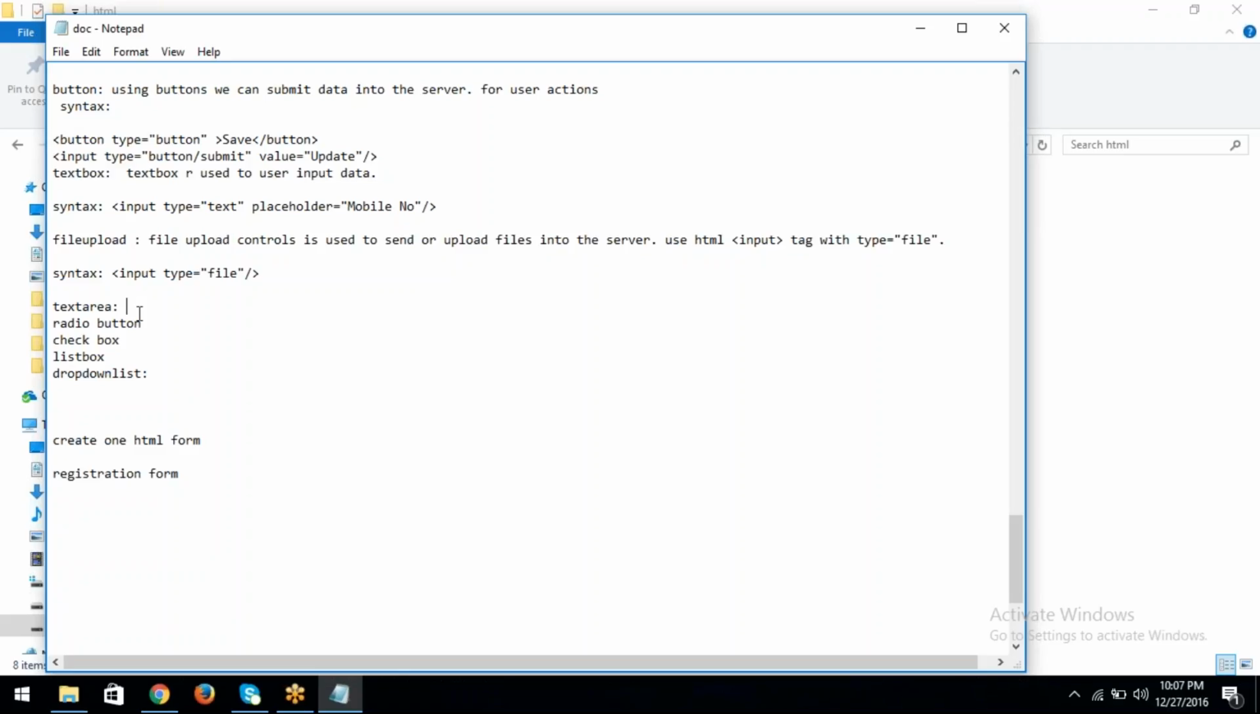Okay, text area. The text area element defines a multi-line plain text. Multi-line plain text. Okay, the text area tag specifies